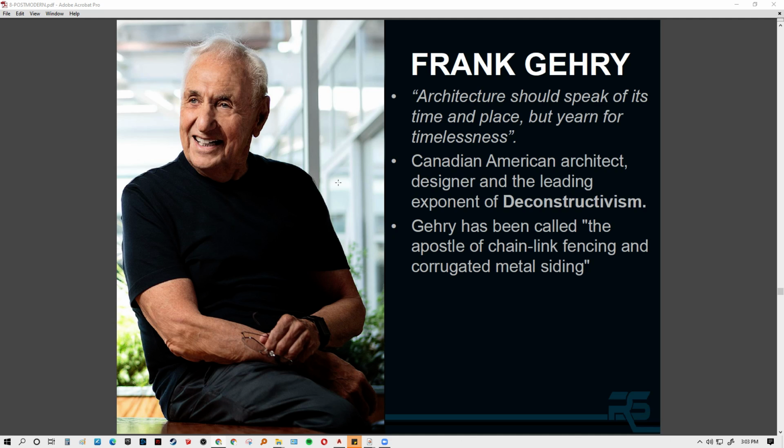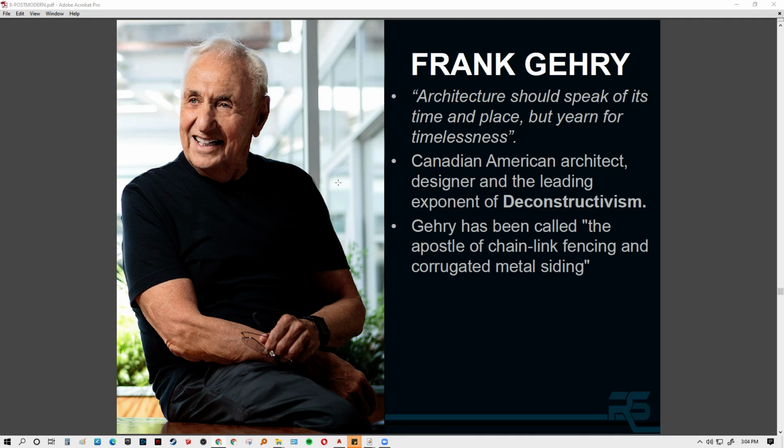One of the pioneers, or one of the most notable exponents of constructivism, is Frank Gehry. He's a Canadian architect, designer, and apostle of chain link fencing and corrugated metal siding. His philosophy is that architecture should speak of its time and place but yearn for timelessness. So it's like giving a trademark of this certain time and this place,